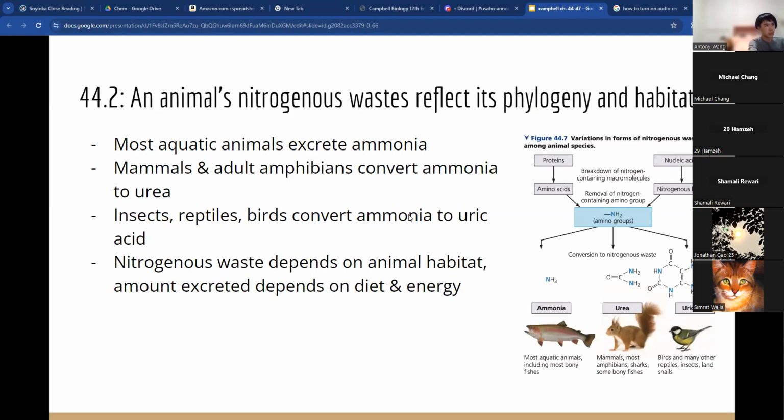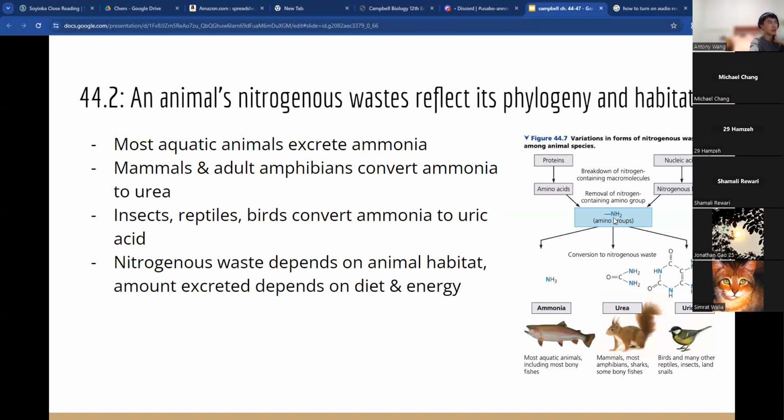And here we talk about getting rid of waste. One waste of physiological importance is nitrogen, mostly because of how prevalent and important it is in our bodies. It's found in all macromolecules, in all proteins and all nucleic acids. So two of the four very important classes of macromolecules contain nitrogen, and metabolizing these proteins or nucleic acids